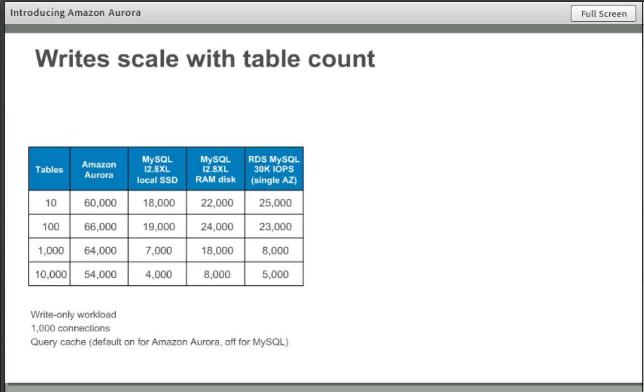So what you see is that in 2 of the 3 cases you get some performance improvement as the number of tables goes from 10 to 100. But as you get up to a larger number of tables, you actually get some pretty significant degradation. So down at 10 tables, MySQL is achieving in the neighborhood of 18,000 to 25,000 operations per second. And once we got up to 10,000 tables, it had dropped pretty significantly to about 4,000 to 8,000 operations per